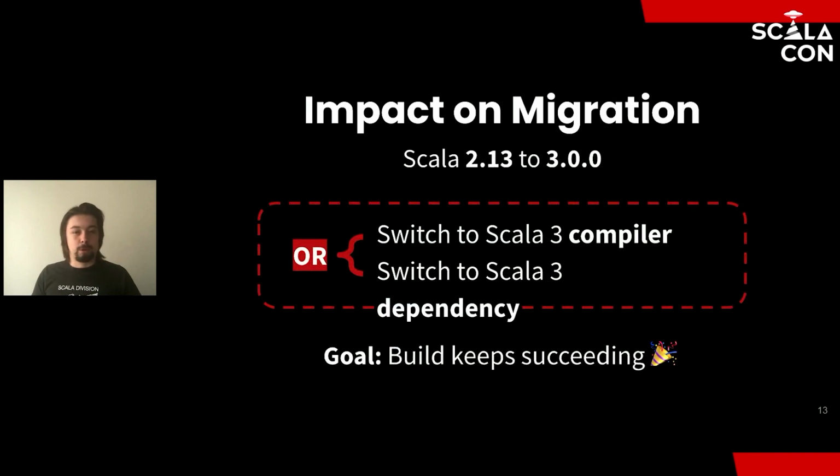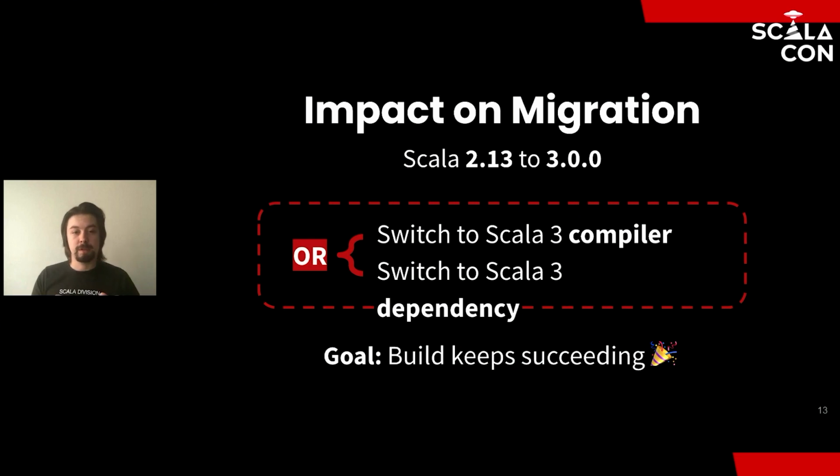So we have this goal that, say you are migrating your project from Scala 2.13, and either you're a library maintainer or you just have an application and you depend on some libraries. The best goal possible would be to immediately switch to the Scala 3 compiler by just changing the Scala version number, or to change a library dependency to a Scala 3 version if they published a new version, and we want the